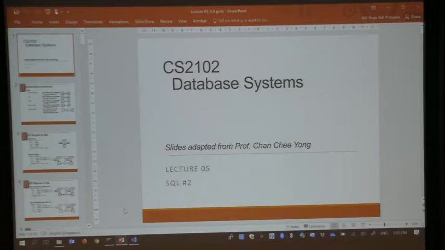You have a student table. The first approach was that you have a separate table.